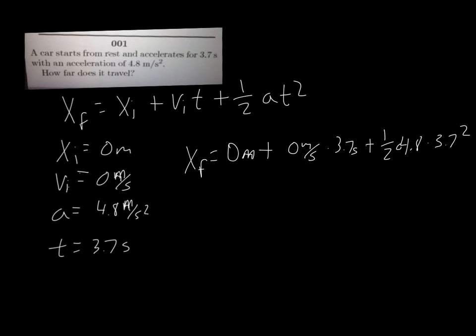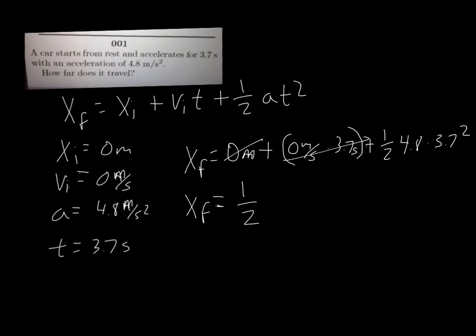Let me fix that 4.8 so you're not confused. What happens to these terms right in here is that you're going to multiply by 0, so that will actually go away. Anytime you add 0 to anything, you can get rid of those parts of the equation. So then xf equals